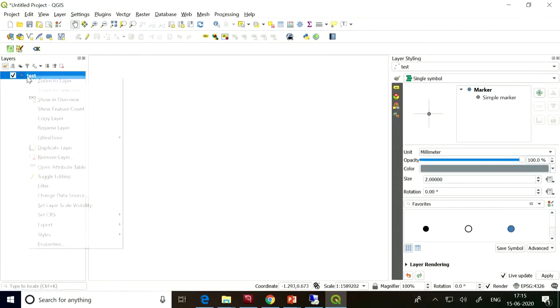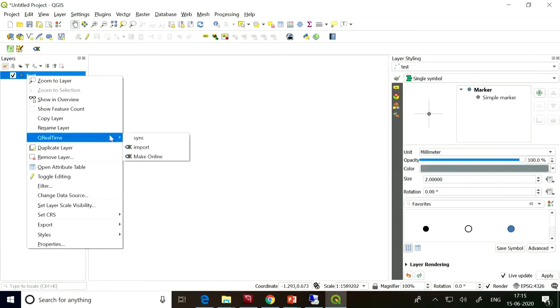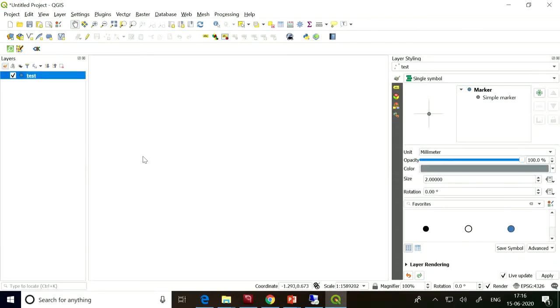So what you can do is right click, go to Q real time and say make online. Right. So once I made it, the layer with the test name has been created.